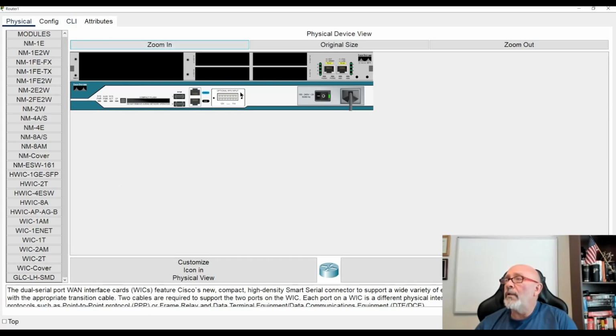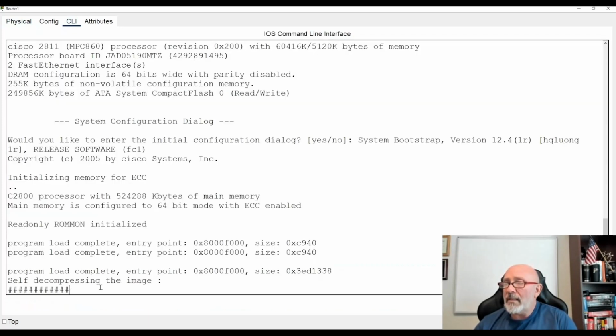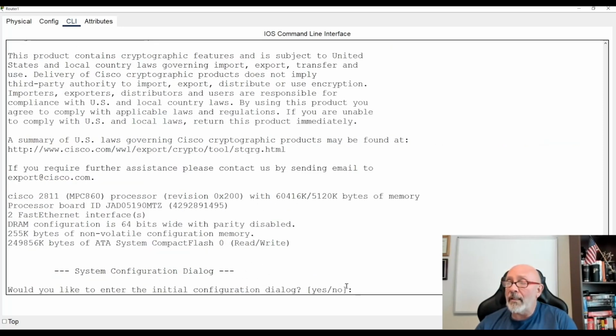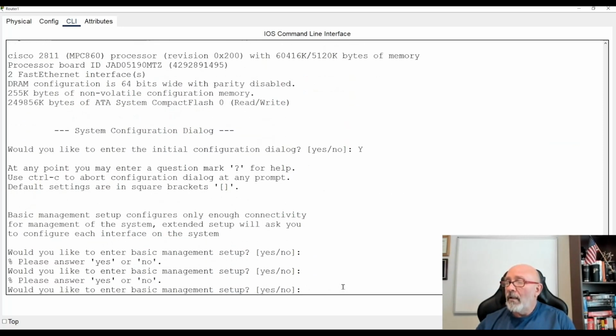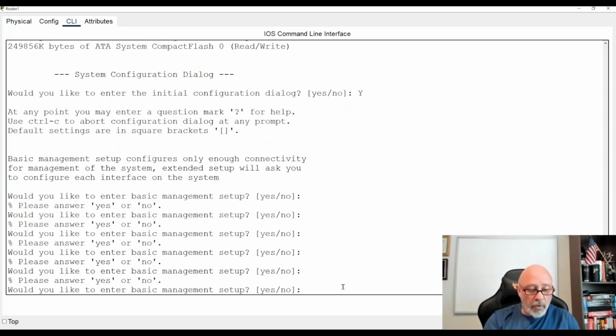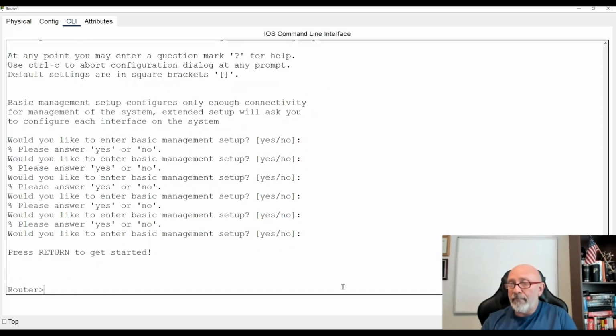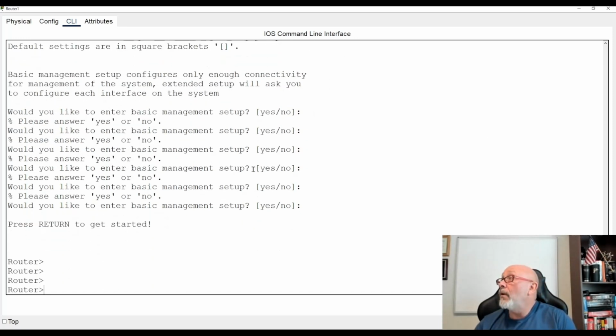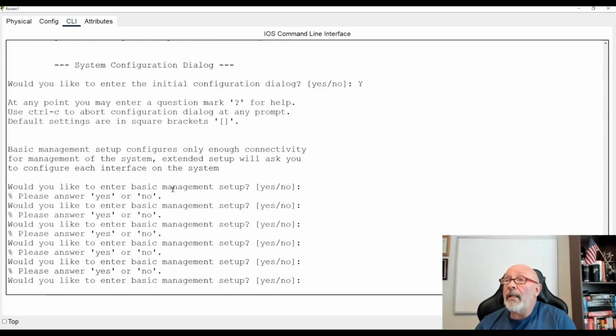And again, if you look at the boot up process, it's the same thing. You can see it's decompressing. It's really fast. Exactly what the book told you. System bootstrap 12.4, all this stuff. And you see it's slowly booting up. And then you get into setup mode. If you type yes, whoops, Control C takes you out of it. Okay, no big deal. But this is your 2811, right?